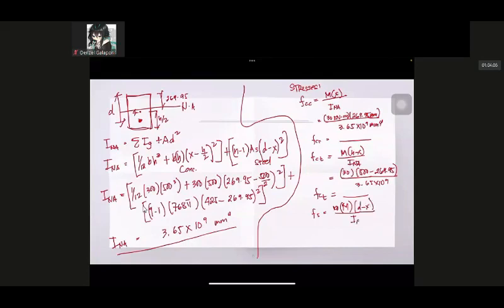So this is equal to 9 times 30 times (425 minus 269.95) all over 3.65 multiplied by 10 raised to 9. So fs equals